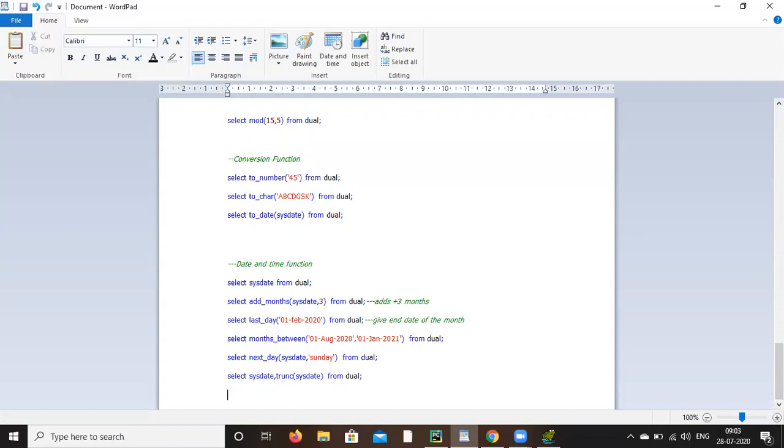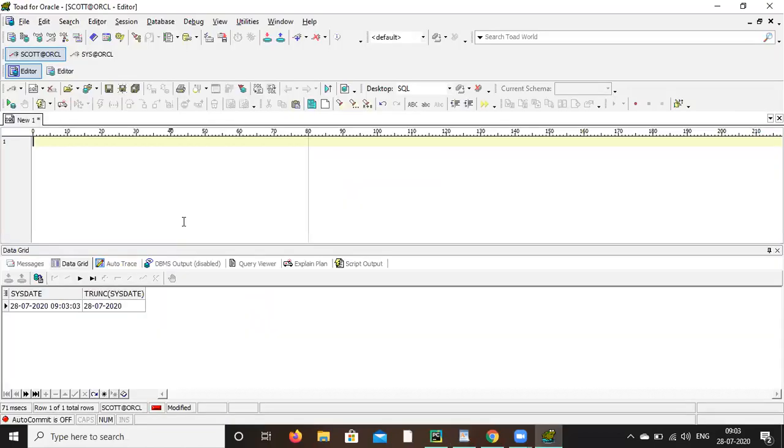Now the date and time function is done, but there are some formats, right? Date formats. Let's go to that. Okay. So select to_char. Here we are converting a date into a character.